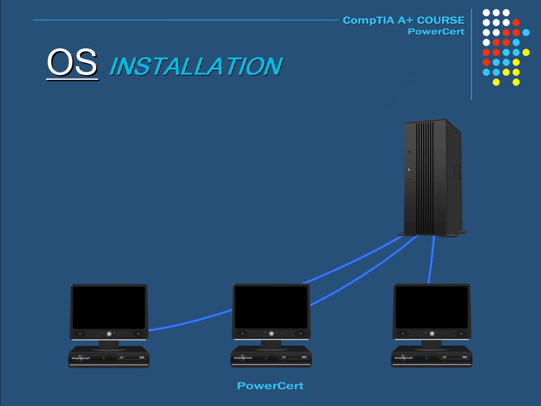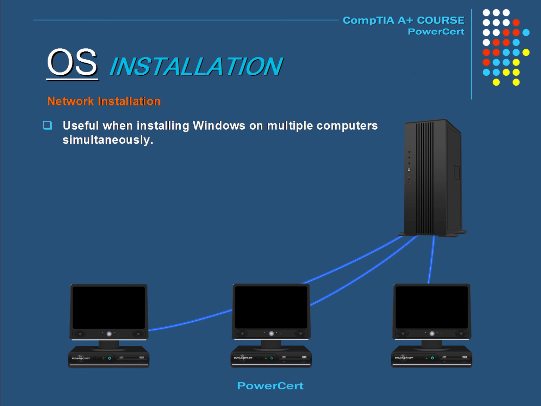In addition to using the Windows disk to install the operating system, there is also a way to install over a network. A network installation is useful when you are installing Windows on multiple computers simultaneously. So this is basically done